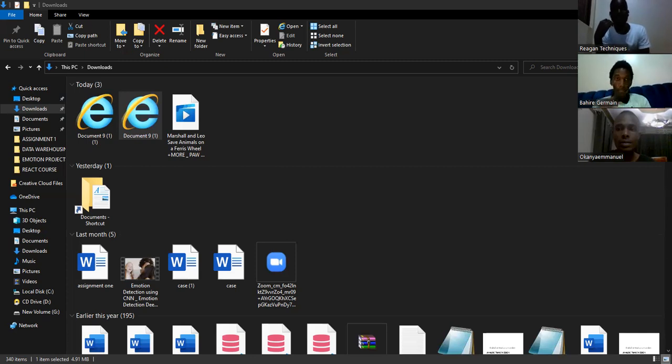For example, we used grayscale images for our data set, and we used a size of 48 by 48 pixels just to make sure that it fits in our model very well. We did some cropping as well, and also later on we did some analysis just to make sure we remove some inconsistencies.